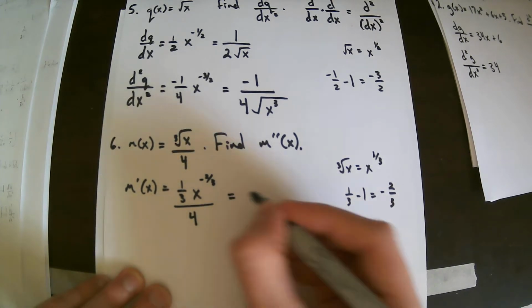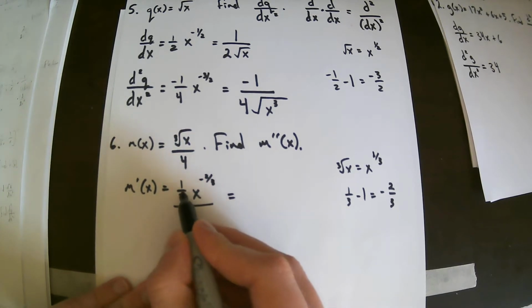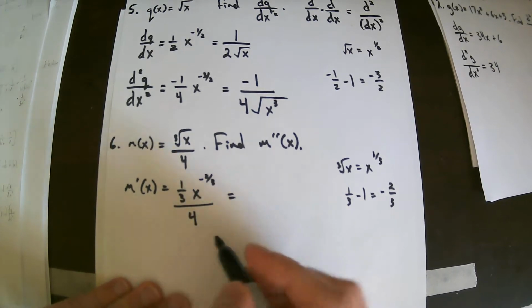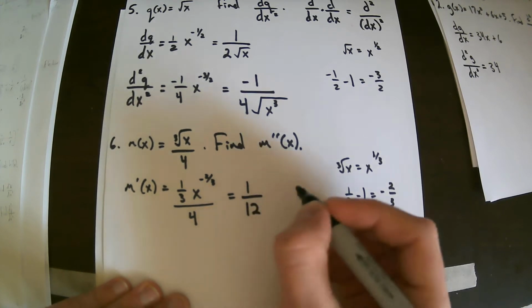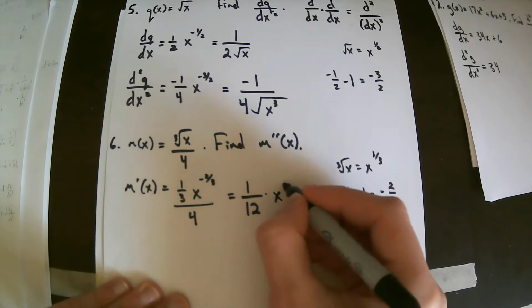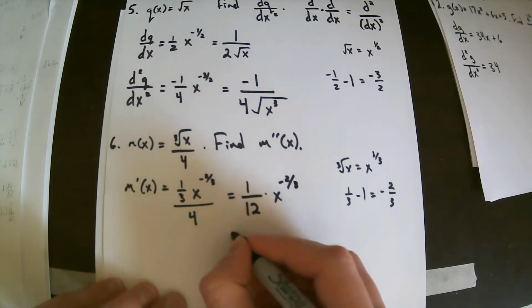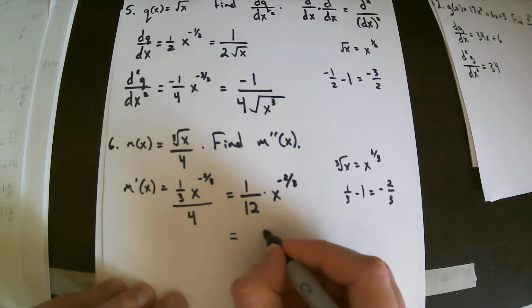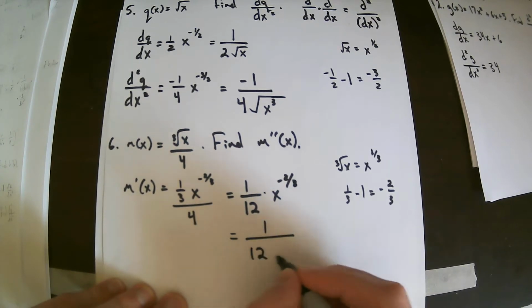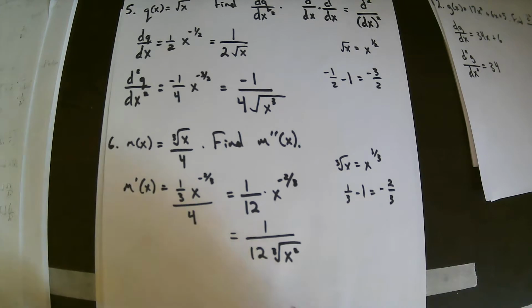And we can clean this up a little bit. Let's clean up these coefficients first. This is 1/3 times 1/4, so this will be 1/12, and then times x to the negative 2/3. And then that can clean up to 1 over 12, and then a cube root of x squared. Okay, now let's take the